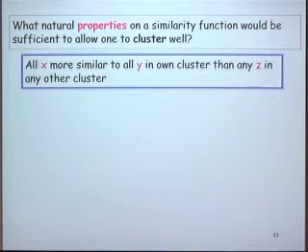So let's assume that you have the following property, which sounds very strong: all points are more similar to points in their own cluster than to points in any other cluster. So we are given similarity information that satisfies this property. This sounds extremely strong. However, it turns out that in this case, you don't have enough information to just output a clustering that is close to your target clustering.